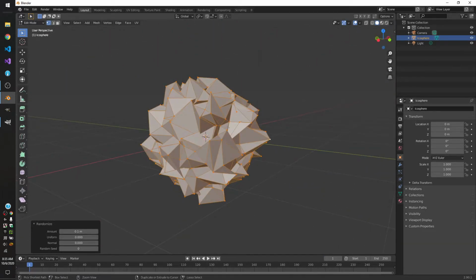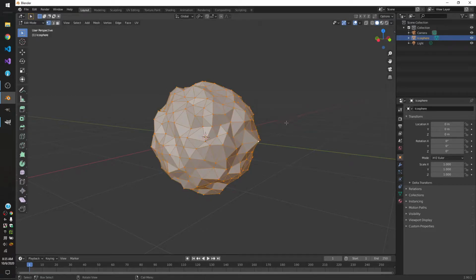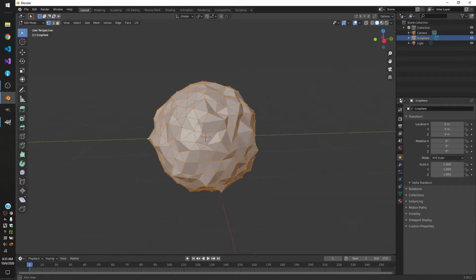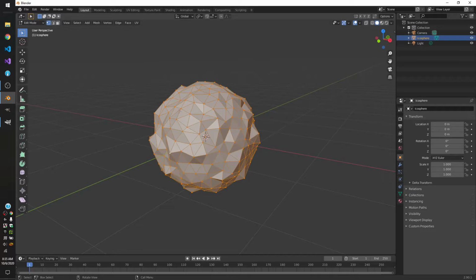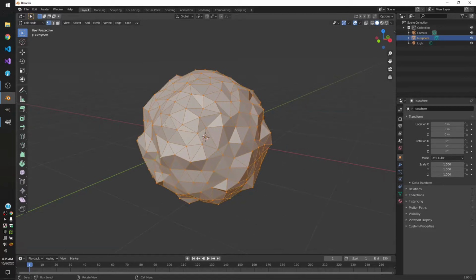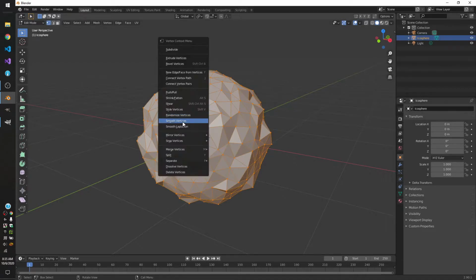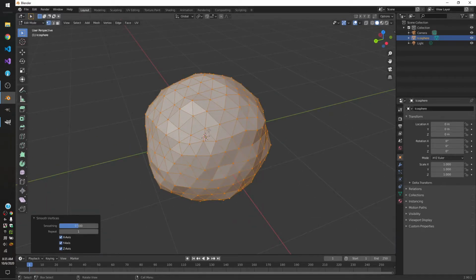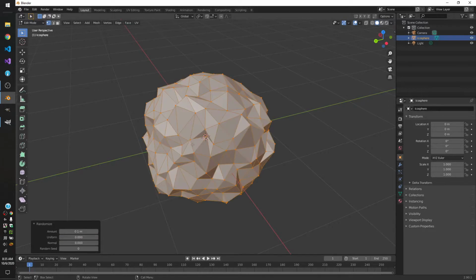That might be a bit much, so I'm going to undo it a couple times, because I don't want these vertices going inside the object. That's going to make it look weird. So what you want to do next here is just smooth it. So that was one randomization and then one smooth. And you might want to repeat this just a few times. So randomize, smooth,